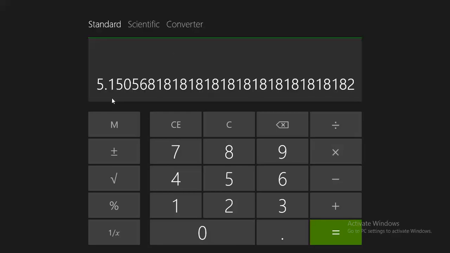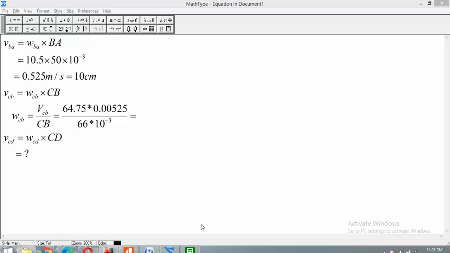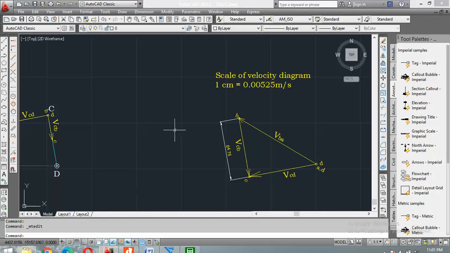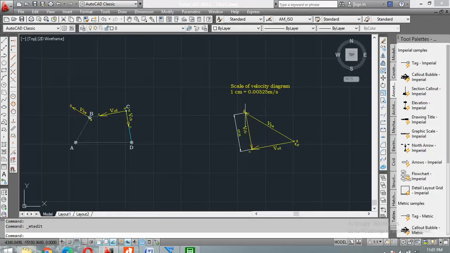So that will indicate 5.15, okay, that much radian per second, okay, 5.15 radian per second, okay. So we got angular velocity CB is equal to 5.15 radian per second, okay. But one another thing,